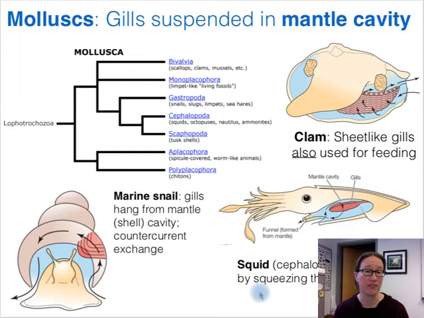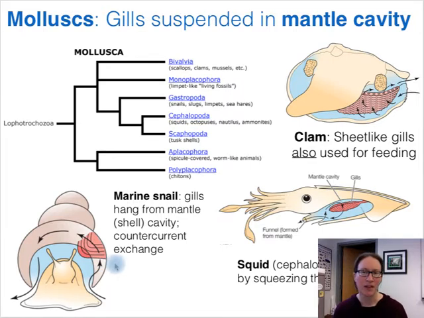So I've just got a couple of examples here. I've got this marine snail here on the lower left. As this illustrates, the gills in the marine snail will hang from the snail's mantle cavity, and water will flow through the mantle cavity in such a way that these gills can acquire oxygen and release carbon dioxide using